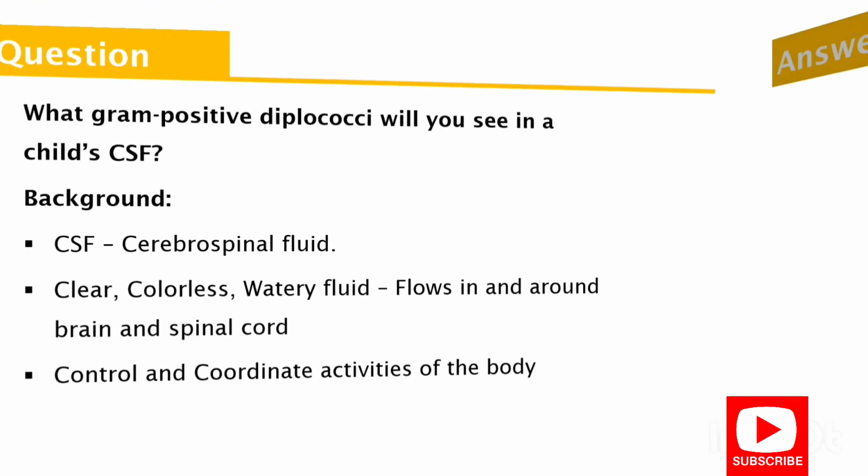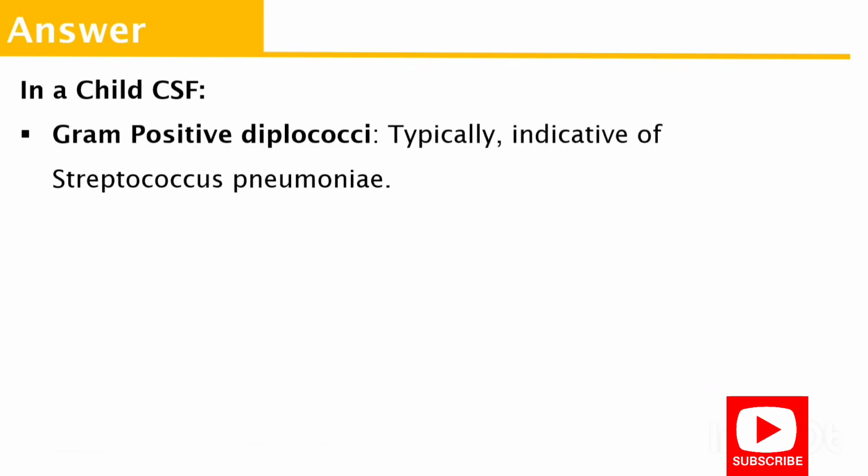Now let's look at the answers first of all. The question has to do with a child, so remember, it is in a child. Now, gram-positive diplococci are typically indicative of what? Streptococcus pneumoniae. So when it comes to children, when you look at diplococci, remember I've told you that cocci talks